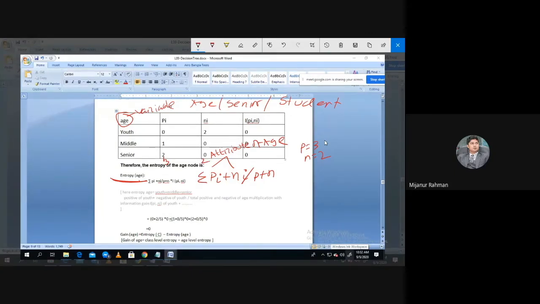এপিআই হলো ইয়ুথের কয়টা ইয়েস, এন হচ্ছে এনআই, ইয়ুথের কয়টা নো। এগেন আই এম টকিং ইউ। মিডলের কয়টা ইয়েস, মিডলের কয়টা নো। সিনিয়রের কয়টা ইয়েস, সিনিয়রের কয়টা নো। এন্ড দিস পি প্লাস এন হলো ফিক্সড, টোটাল কয়টা ইয়েস, টেবিলের টোটাল কয়টা নো, রাইট? আর দিস পিআই হচ্ছে পার অ্যাট্রিবিউট, মানে ইয়ুথ, মিডল, সিনিয়র, ওকে, মাল্টিপ্লাই বাই